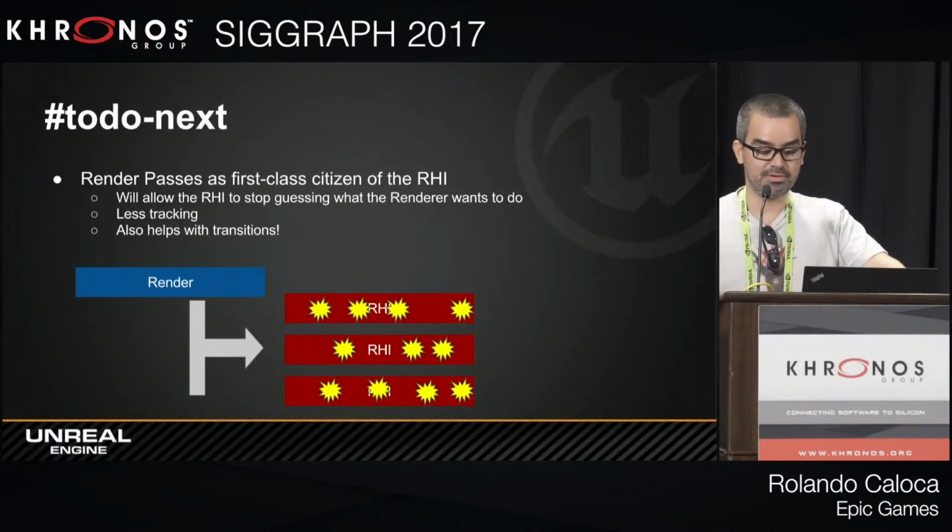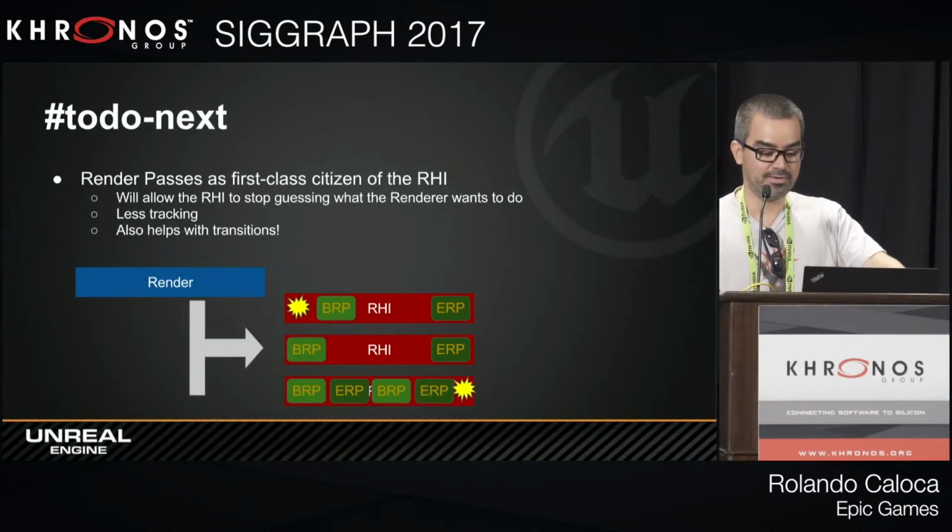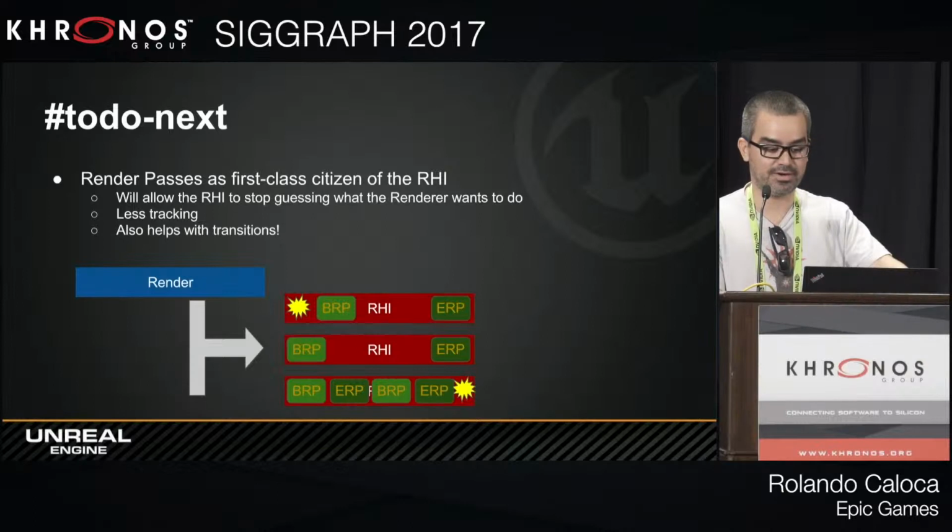And that way we could do less tracking, and it will help with transitions. In this little example I put, all those yellow spots are potential transitions that people are doing right now. They're just transitioning the depth buffer from readable to writable to general to readable to writable all over the place. By having a begin-end render pass, we could reduce that a lot. It'll help with tracking, so the tracking doesn't have to be as extensive. We don't have to be looking into maps or arrays all the time to see what's the current state of the current resource.